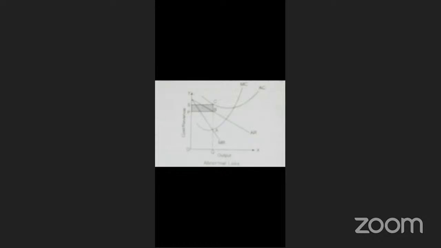Equilibrium in the long run of the firm in monopolistic competition will occur if, one, the long run marginal revenue equals long run marginal cost; second, long run average revenue equals long run average cost. Here it can be understood by the diagram.